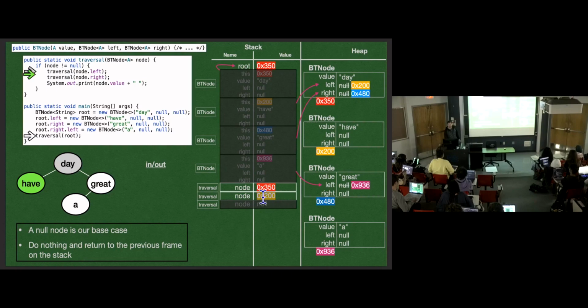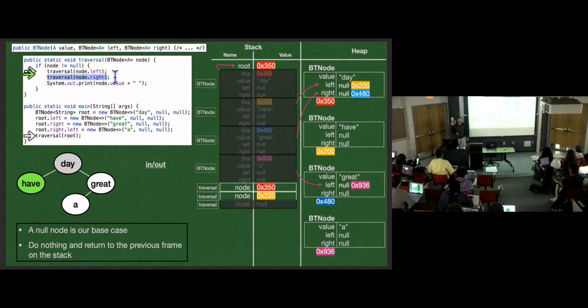And this stack frame remembers, all these stack frames remember where they were when they gave up control, when they added a new stack frame to the top of the stack. This stack frame remembered that it just made its left recursive call. So once it gets control again, it knows to go on to the next line. It remembers where it was in its execution. It was waiting for this to resolve. It has control again, so that resolved, and it's ready to go on to the next line and make its